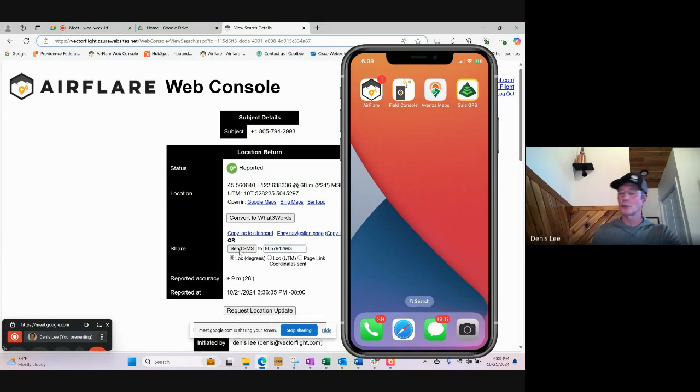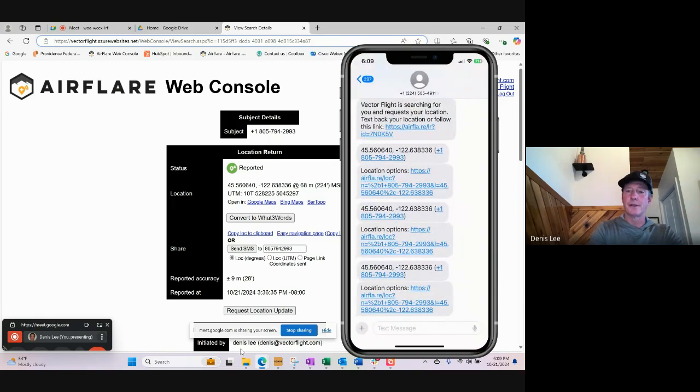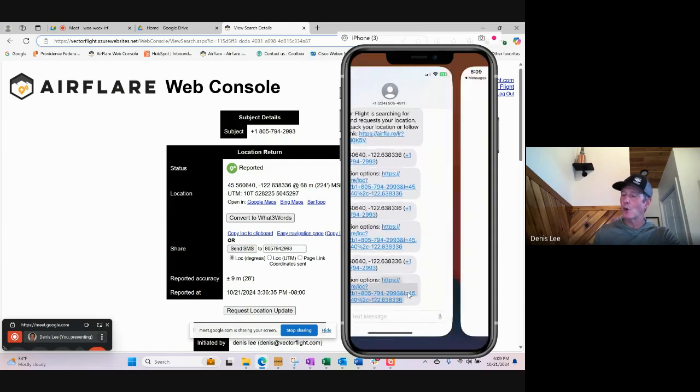As a patroller in the field, I'm going to check my messages. There's the messages that I received. I get coordinates in one text with the subject identification, either the phone number if it was a text request, or the subject name if they're an AirFlare subscriber. This is the link you want, the easy navigation link. If I open this,